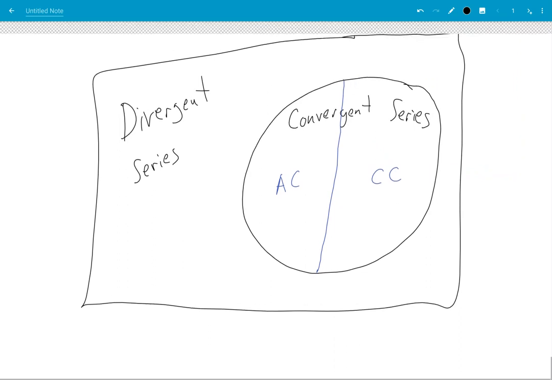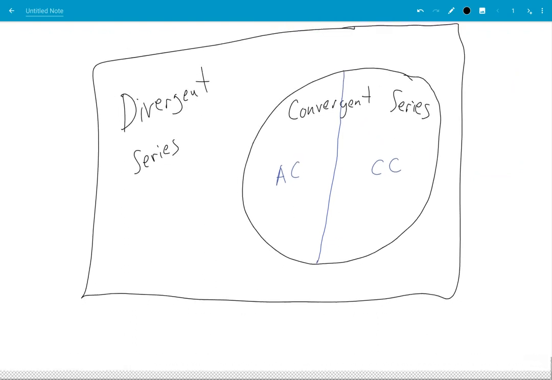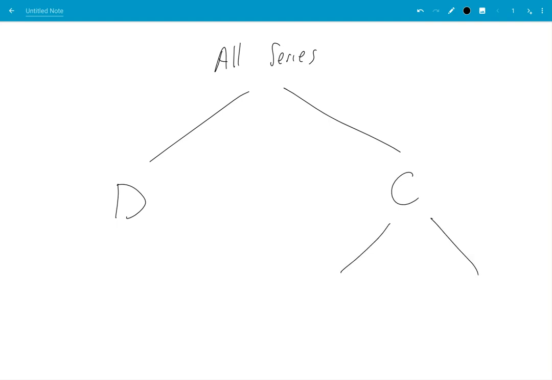So what can I say? Every series is either divergent, absolutely convergent, or conditionally convergent. That's a pretty ugly diagram. I can do this another way. All series fall into two categories, divergent or convergent. And inside of convergent, you are either convergent or you are absolutely